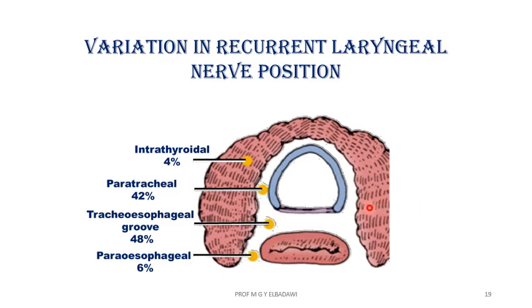Here, another very important variations in relation of the recurrent laryngeal nerve to the thyroid gland itself. Thyroid gland is covered by the capsule, as we said, the pretracheal fascia. So the common site is to find it between the trachea and the esophagus, medial to the thyroid gland, the lateral loop. In other occasions, 3 other variations are there.